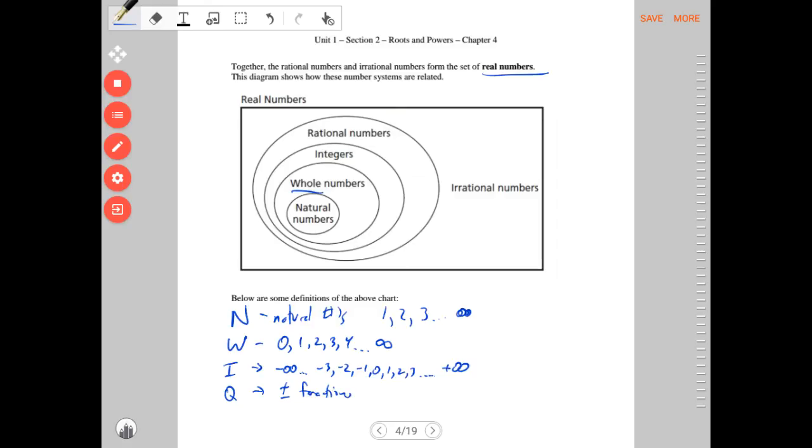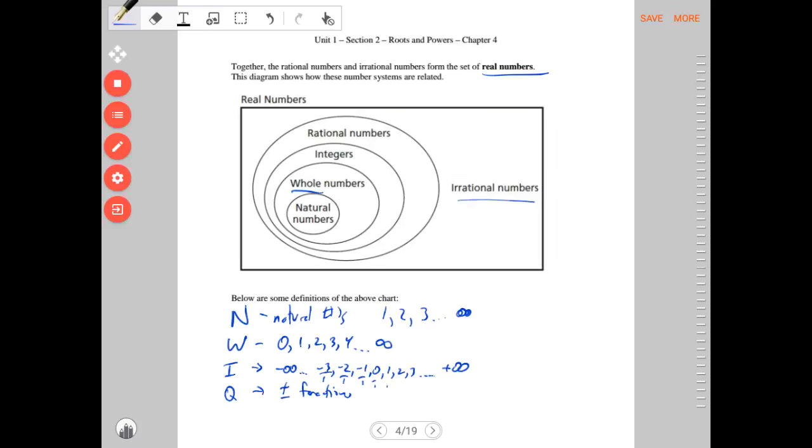Now, funny, all the integers can be written as fractions over 1. So all the integers count as fractions. All the whole numbers count as fractions. All the natural numbers count as fractions. That's why the natural numbers are part of the rational numbers. That's why the whole numbers are part of the rationals. Okay? Now, in math,